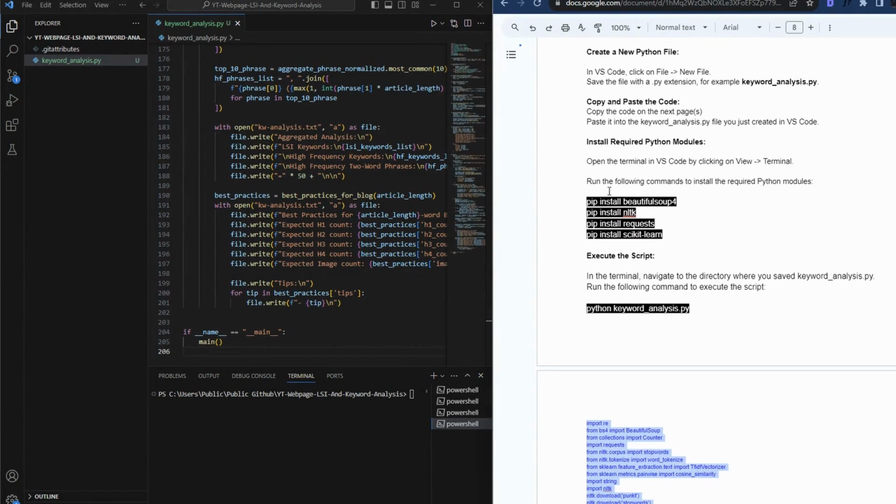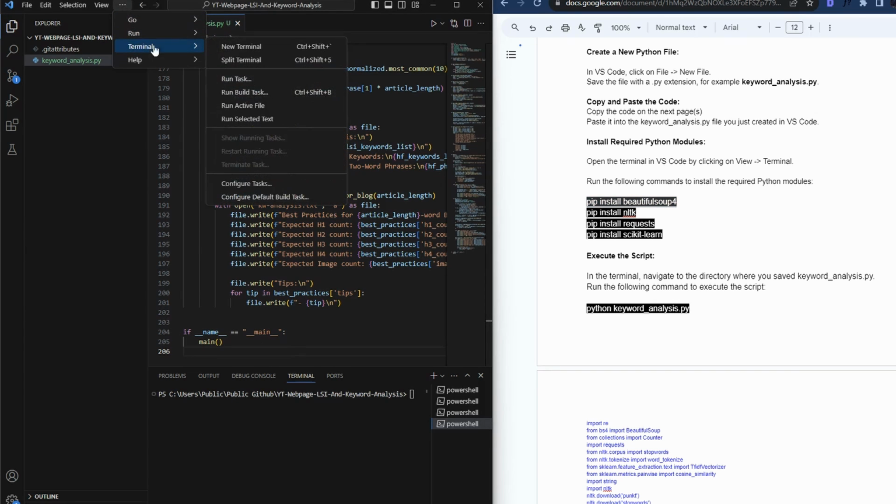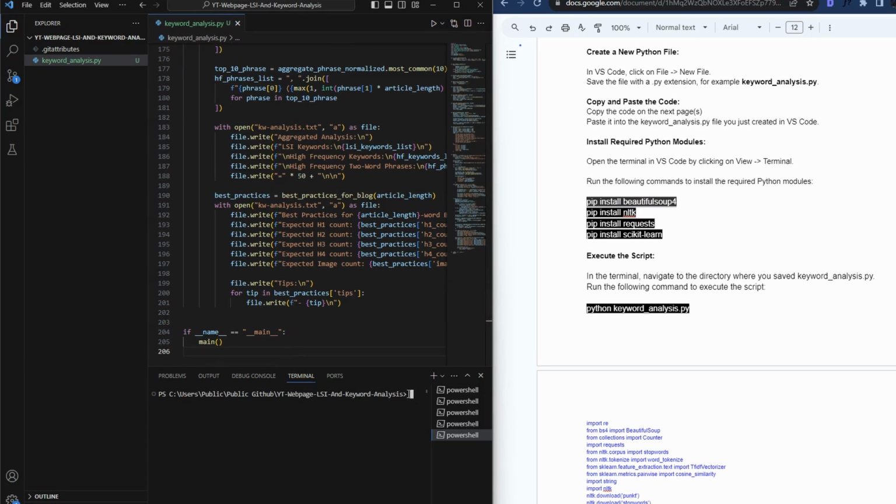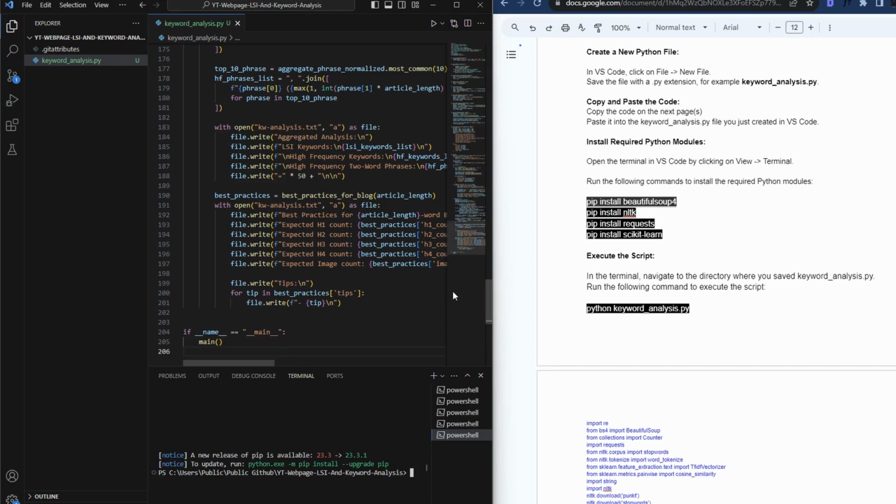The next thing on the list, we have to install a bunch of Python modules. Now, I actually have these modules installed. All you need to do to install them is go to pip install Beautiful Soup 4. So you just copy that. And if you haven't got a terminal open, you can open it by just going to the menu at the top and go to Terminal, New Terminal, and then just paste in the pip command. So you can see it there. Now, I will run it, but I already have it, so it's not actually going to install anything. So install the 4 modules, and then we're ready to actually execute the script.